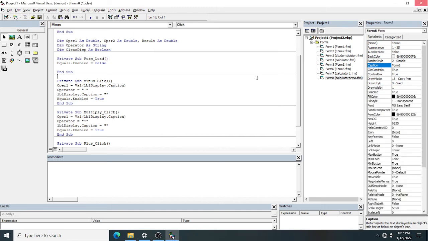Okay, so now here I have to use, as I told you, you have to do the addition. So operand 1 as double, operand 2 as double, and result will be your double. And you have to store the operator, plus to division, in the operator variable, which is declared as a string. And clear display, to clear the display screen, we have taken as a boolean type.